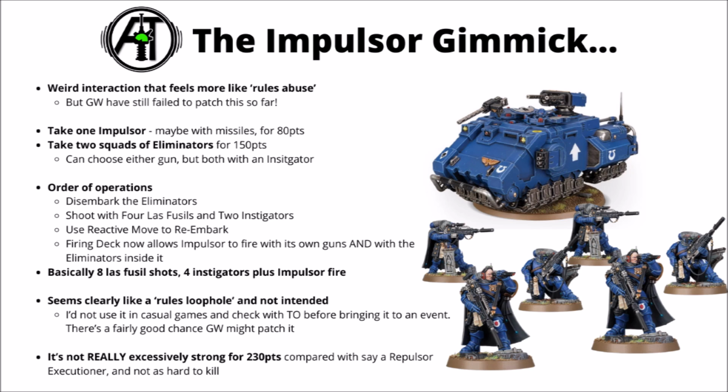To do that you take 1 Impulsor for 80 points, 2 squads of Eliminators for 150 points, you can take either of their guns and one of them has to be an instigator in each unit. Then in any given turn you can disembark the Eliminators, you can either move the Impulsor before or after, shoot with their damage output of 4 las fusils and 2 instigator carbines, then use the reactive move from the instigator to re-embark on the impulsor, and then after that go on to declare firing with the